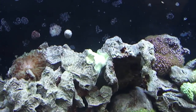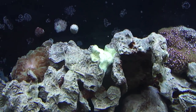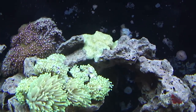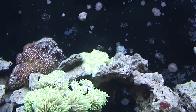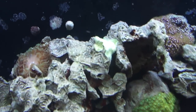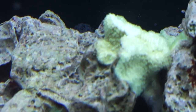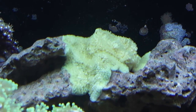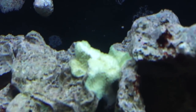The Montipora type coral next to it, you'll see I had a plug there, and actually I moved the plug over here because the anemone was stinging the plug, this Montipora type coral, and it wasn't doing well. You can see that the polyps aren't out as much there as they are here. That's because the anemone has been stinging it. But I moved it over, and